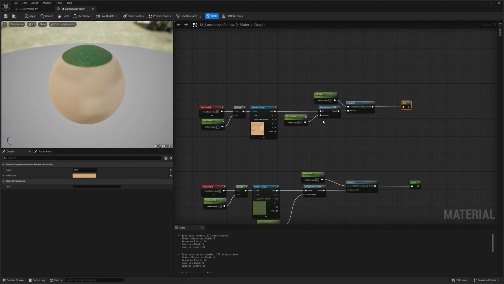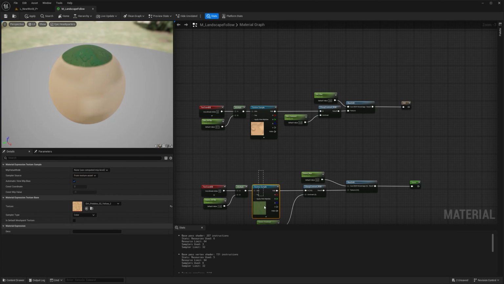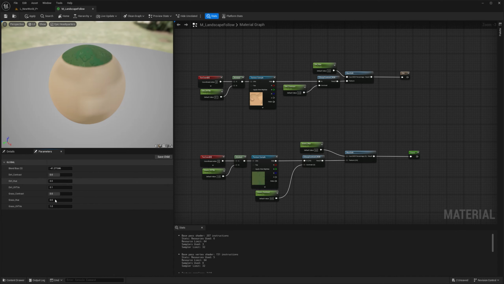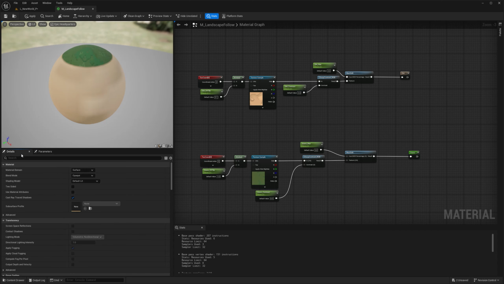The only thing that's left for us to do is one, organize our parameters, and two, make sure that we can replace the textures. By the way, you can see a visualization of how the instance is going to look by clicking this parameter view here. This is how the node is going to look. It's going to be very important for us in a second, but for now, let's go back to details.